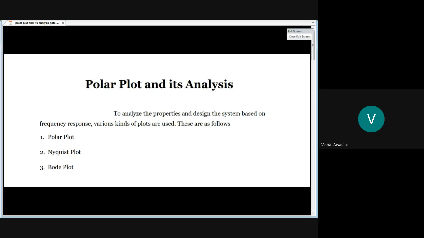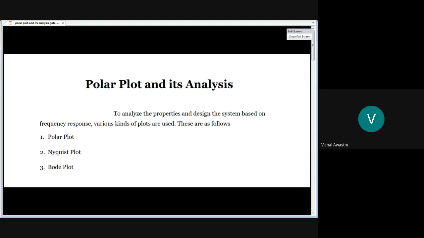But to get the stability, we need to draw two plots, magnitude as well as phase. Along with that, you have to draw these two plots on semi-log paper. It means the availability of semi-log paper is also mandatory to get the stability using the Bode plot. So this is a slight limitation of the Bode plot. Otherwise, the Bode plot is widely used to get the stability of any control system in the high frequency range.